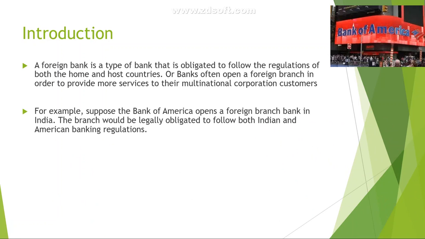Another example: the headquarters of Bank of America is in the US.